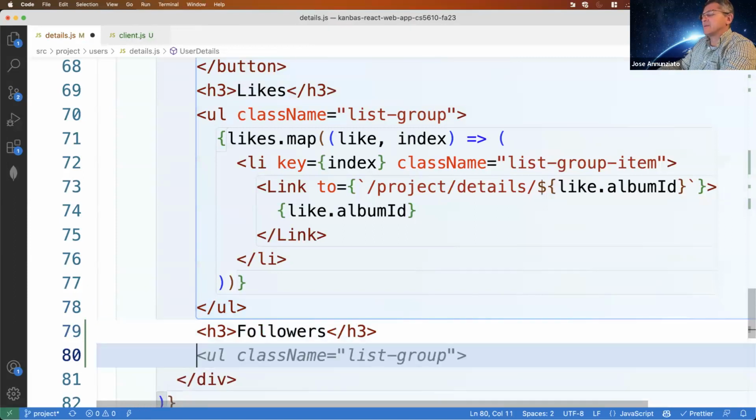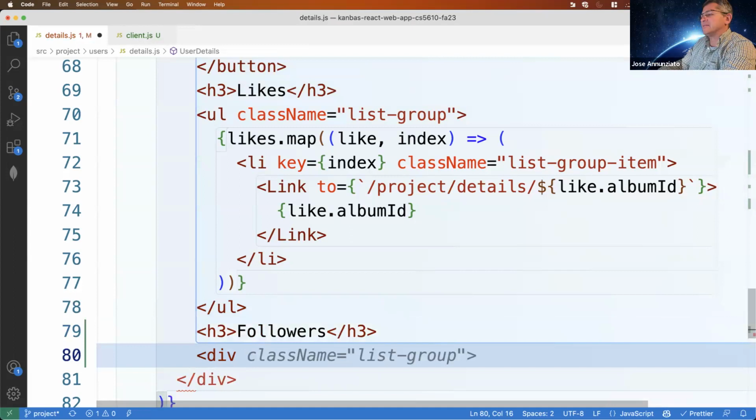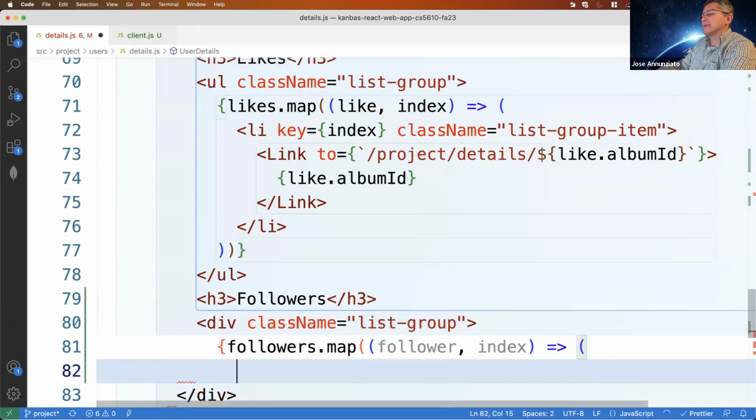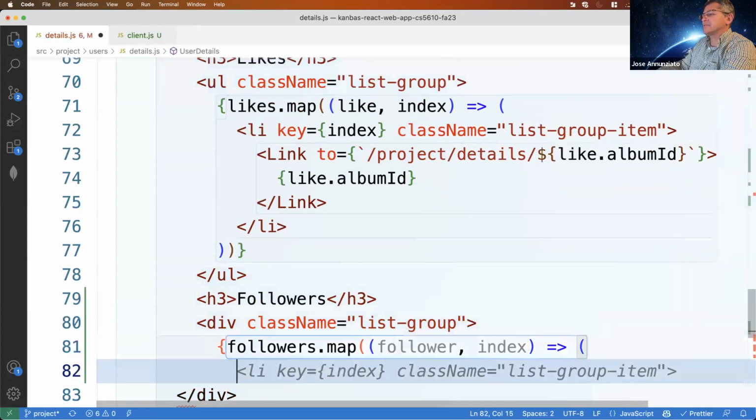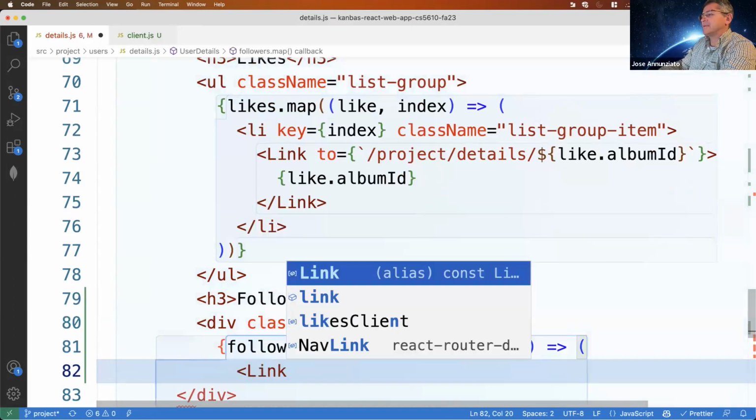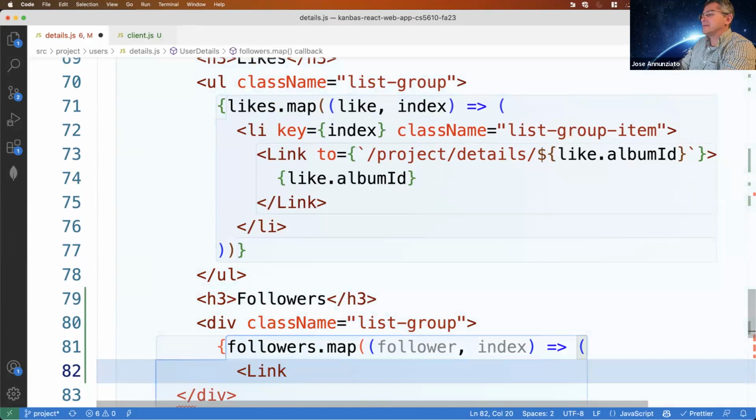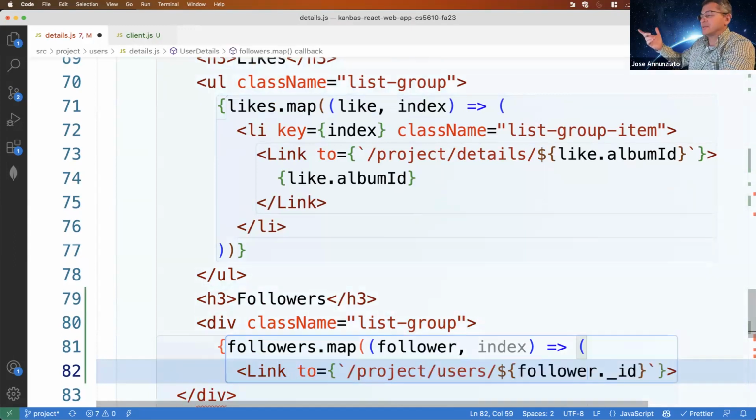So this is going to be maybe at the end here, we're going to say, H3 followers, and we'll create maybe a div, a list group, which is going to iterate over the followers, and it's going to create a couple of links, right? Which is going to navigate to the person's account, with the ID of the follower.